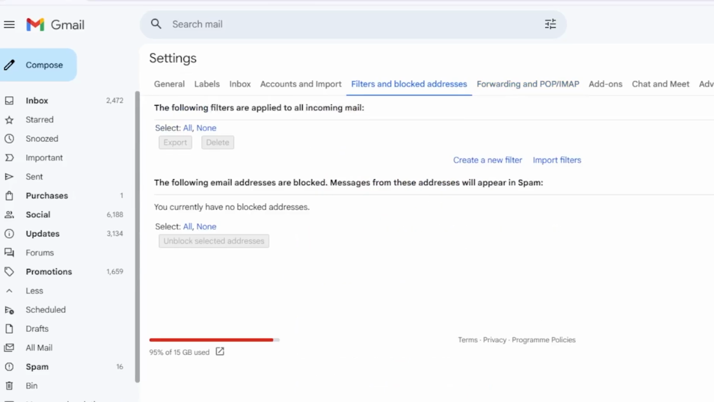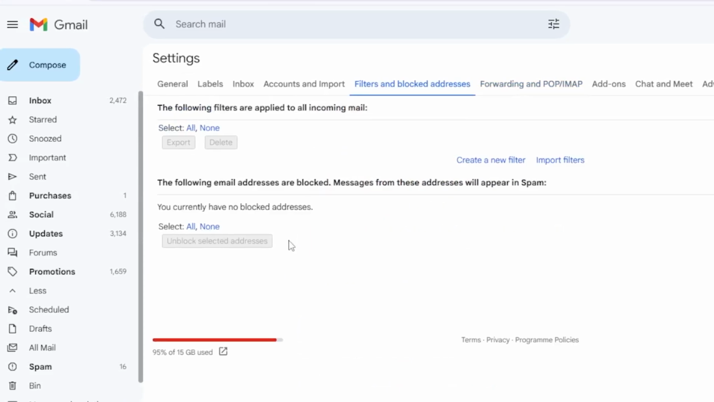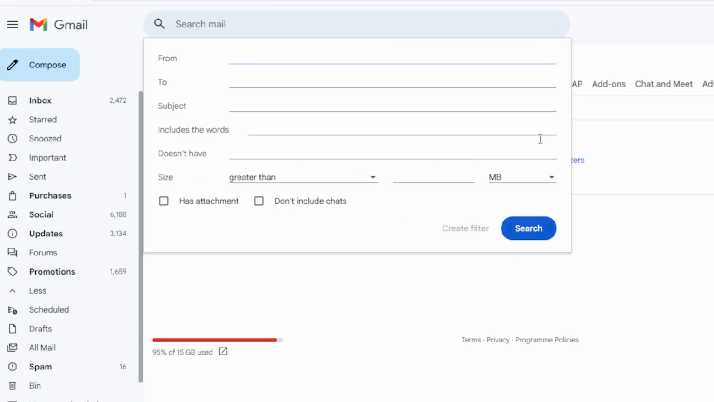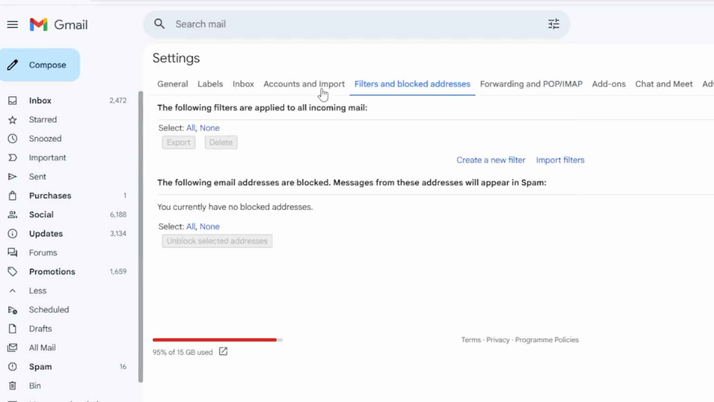From now on, only emails matching this rule will be forwarded automatically. Old emails will not be forwarded unless you choose that option manually. This method keeps your inbox clean and